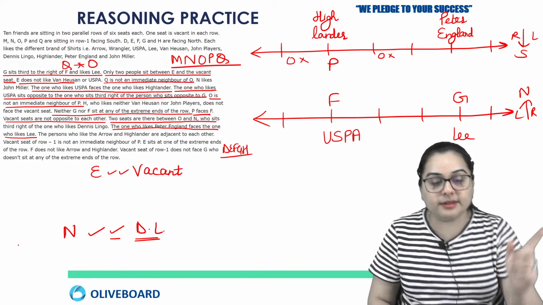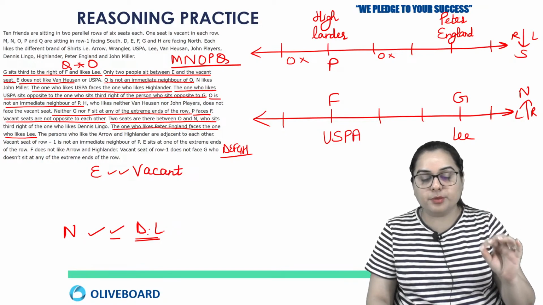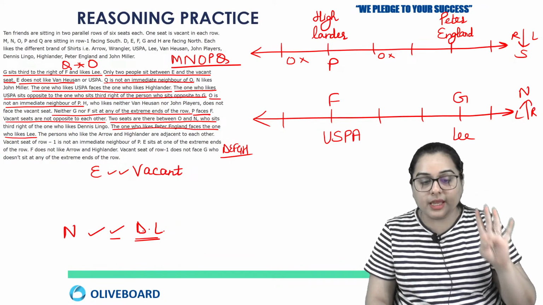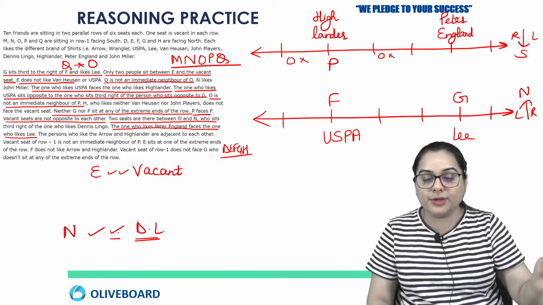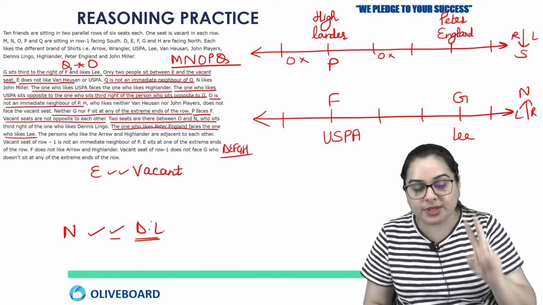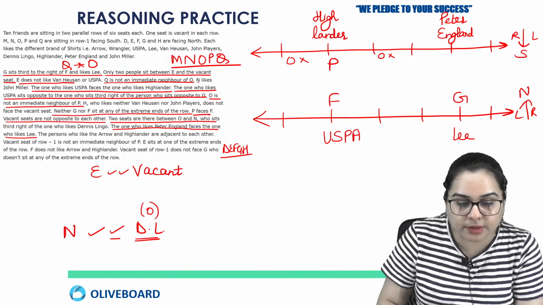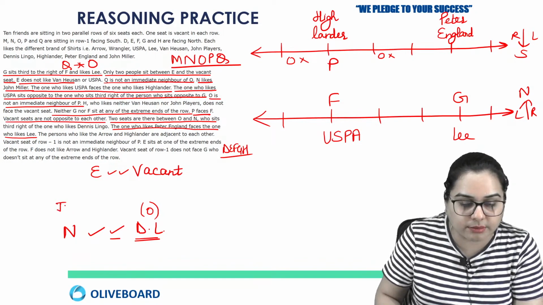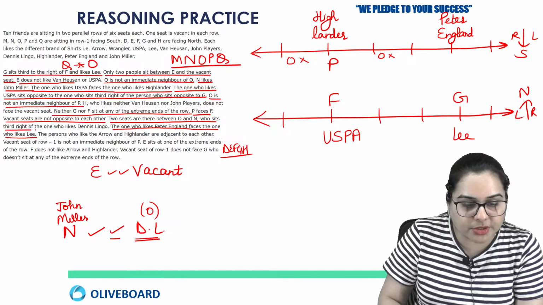And what he says is that there are two seats between O and N. Now just see that N and Dennis Lingo, this information is already covering 4 positions. And if there are two seats between N and O, and if I proceed O much backward, it is going to exceed the number of 6. So if there are two seats between N and O, O will be written on Dennis Lingo. And also if you remember, he had already told that N likes John Miller. So on N, you have to write John Miller. Okay, so this information we have used.